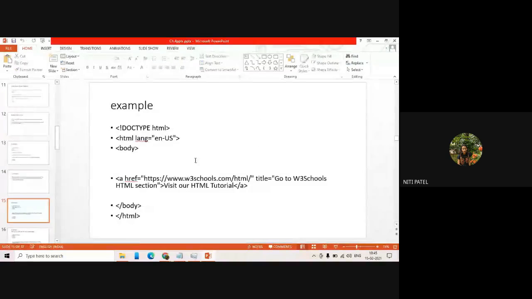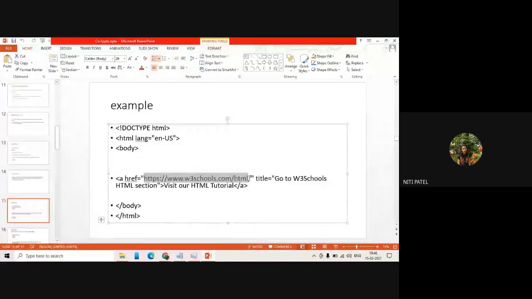See, inside the anchor tag with the href attribute, I have mentioned the link, that is w3schools.com. The title is "Go to W3 Schools HTML section". When I execute this code and click on "Visit your HTML tutorial", it will open this particular page.